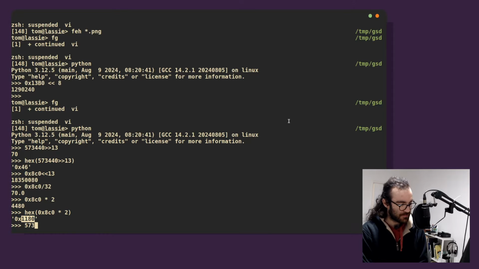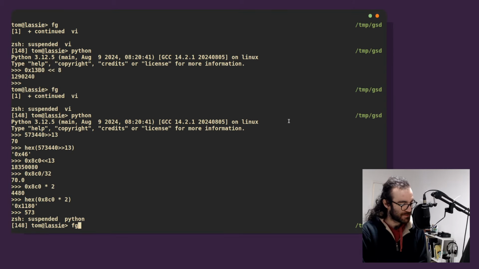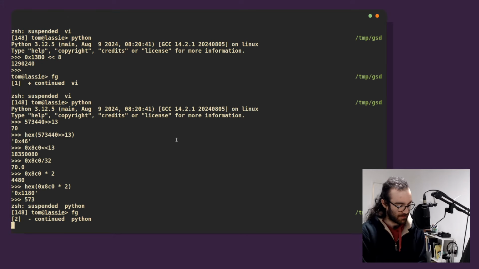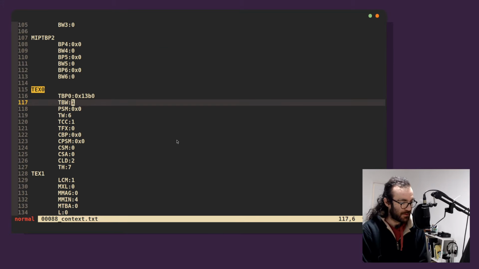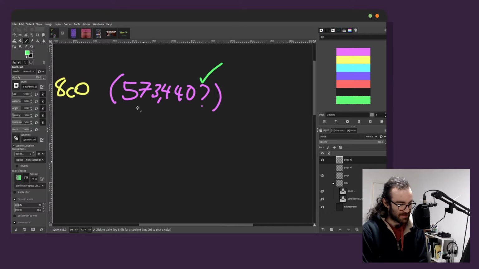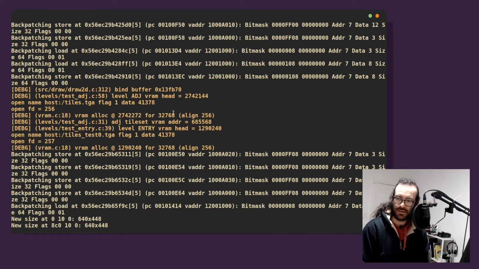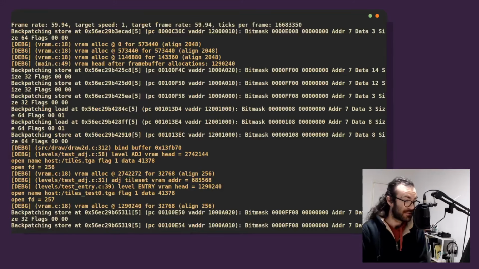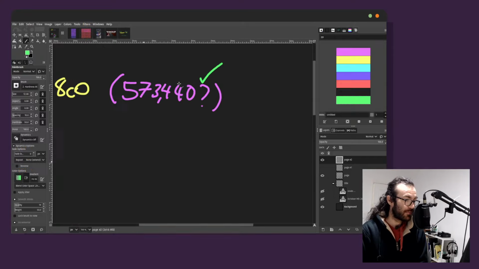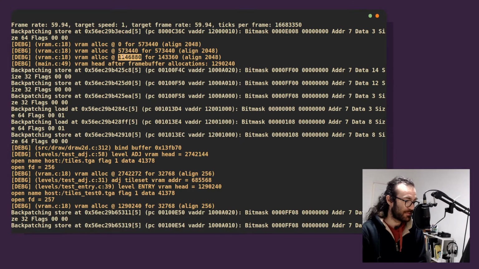Because what am I? I've got so many things open. Okay. No, that's not what I want. Okay. So where is my Z buffer? My Z buffer is just immediately after that. My Z buffer starts at, well, my Z buffer starts at